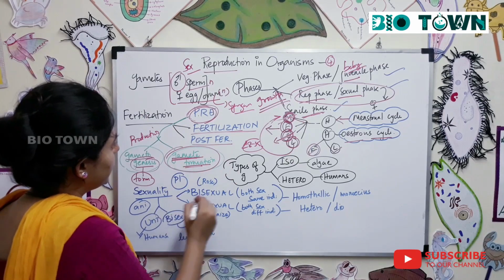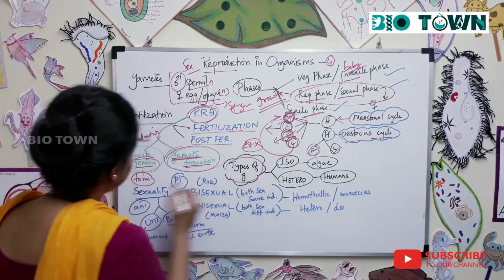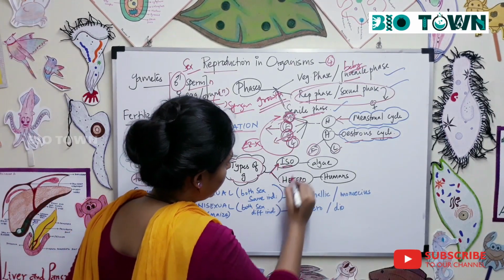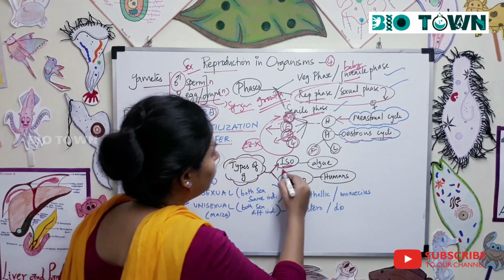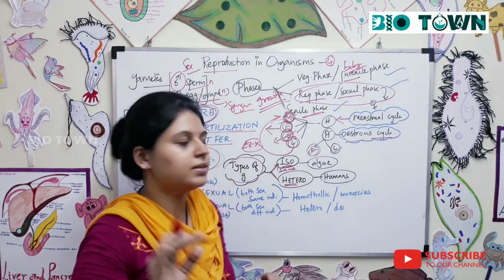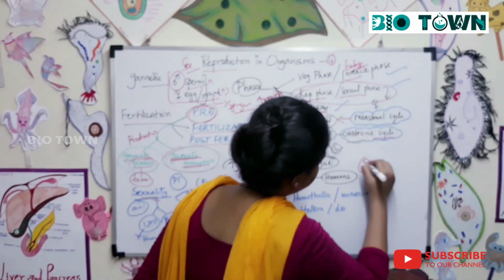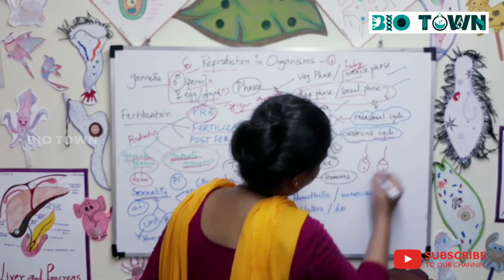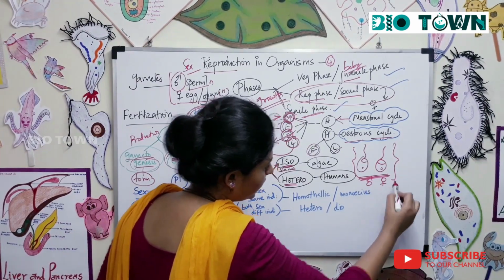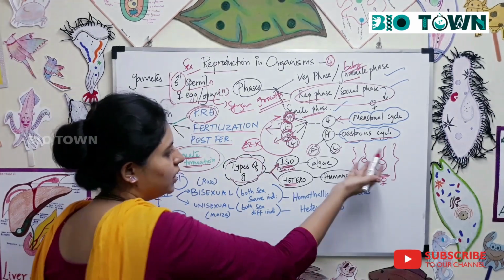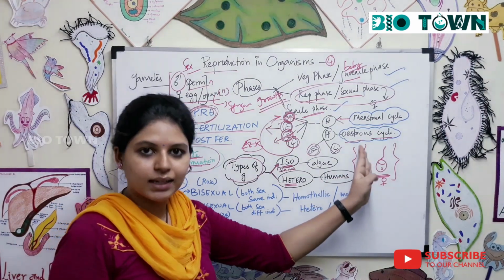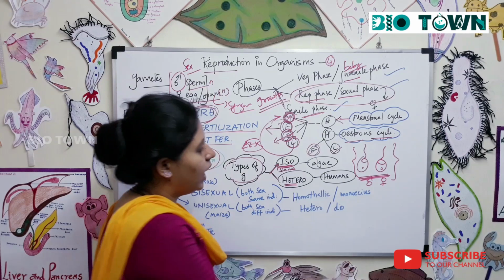Alright, and now today we are specifically talking about the types of gametes and the sexuality. Now there are two important types of gametes, isogametes and heterogametes. Iso means same. You can never differentiate between the male and the female gamete, and you call it an isogamete. For example, in algae, both are similar in shape as well as structure, but one is a male gamete and the other is a female gamete. See, both of the gametes are similar in size and structure. So this is called isogamete.